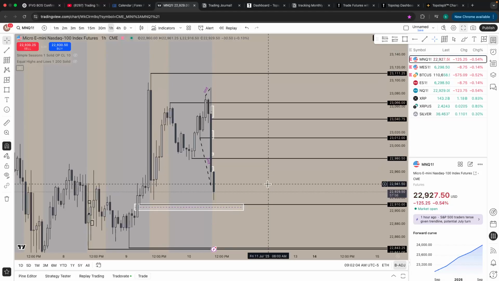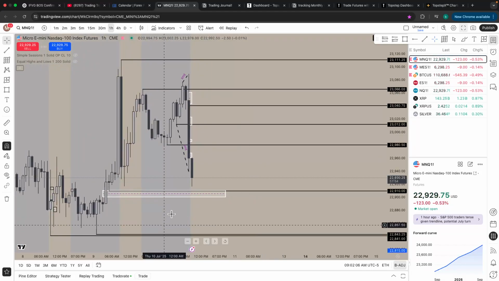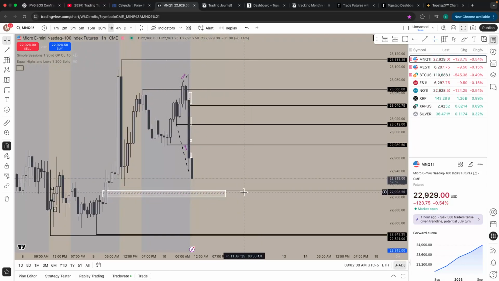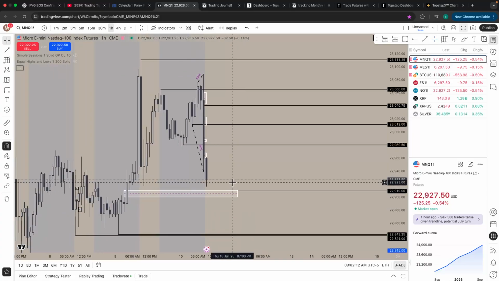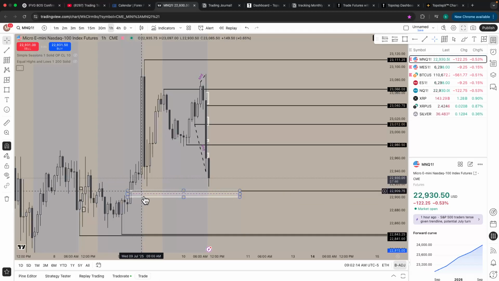Like I said, I don't know what price is going to want to do now, because it could either inverse. So we have a draw on liquidity right here. Up candle, down candle. We're in an uptrend. We have a low. Down candle, up candle, down candle, up candle. As we're in an uptrend, you mark out the lows.